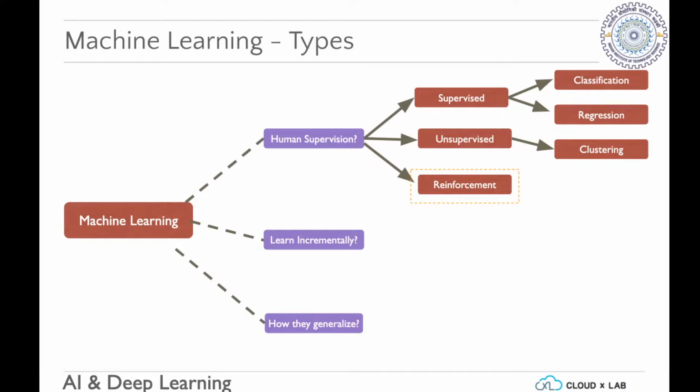KB asks, when is it better to use supervised versus unsupervised? Similarly, when is it better to use classification versus regression? I think this is a good time to go back and summarize the types of machine learning. When we stopped, we were talking about types of machine learning that are separated by human supervision, whether it needs it. One type is supervised machine learning.